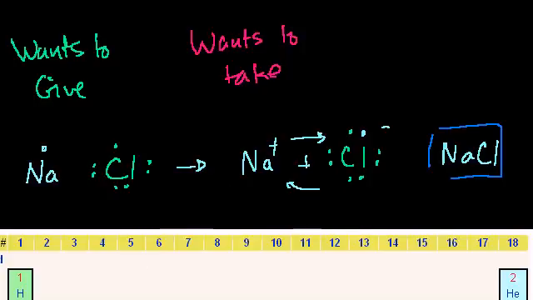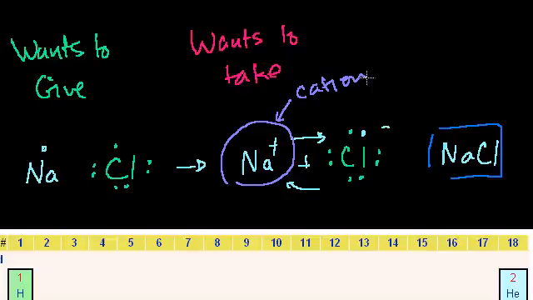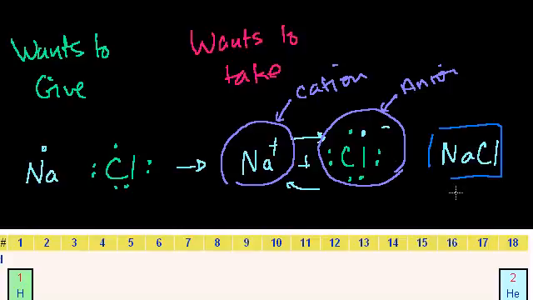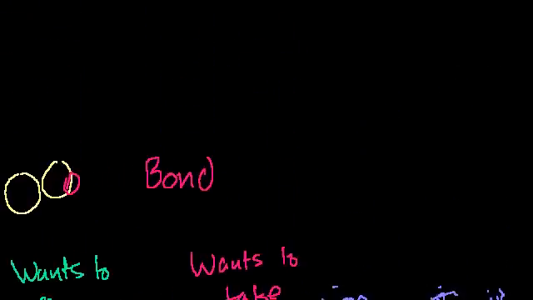And not to jump back and forth, but I'm not sure if I just mentioned that. Why is it called an ionic bond? Because we formed ions. When we donated the electron from sodium to chlorine, we formed an ion. The sodium became a cation because it's positive, and this became an anion because it's negative. And then they stuck to each other, so this is an ionic bond. Ionic. Fair enough.